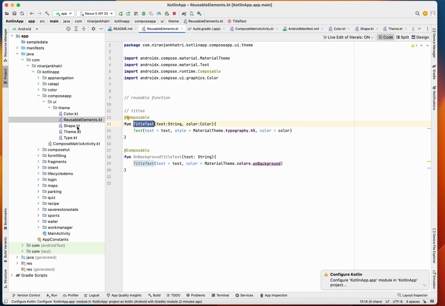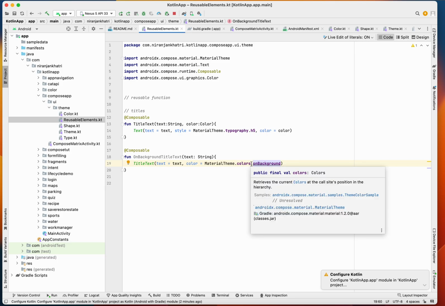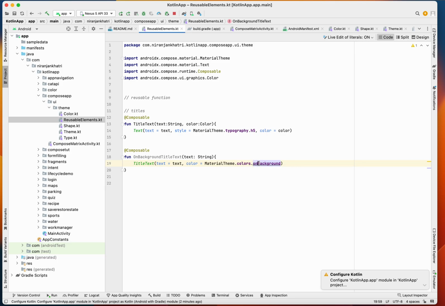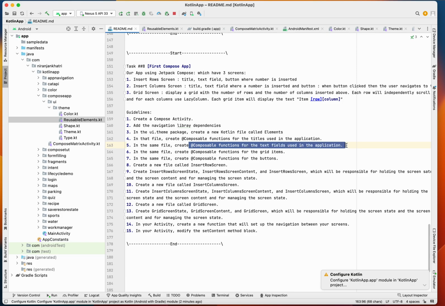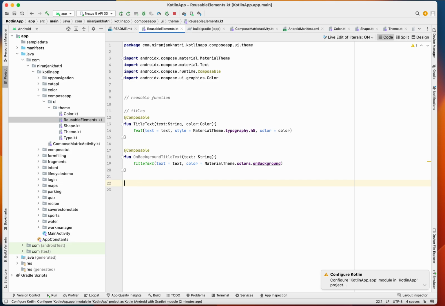Okay, so yeah, this is the title text that we are reusing. Here we also have to implement our on background, so we will be doing that in a while. But let's also create, in the same file, composable functions for text fields used in the application. So let's create titles, then text field,